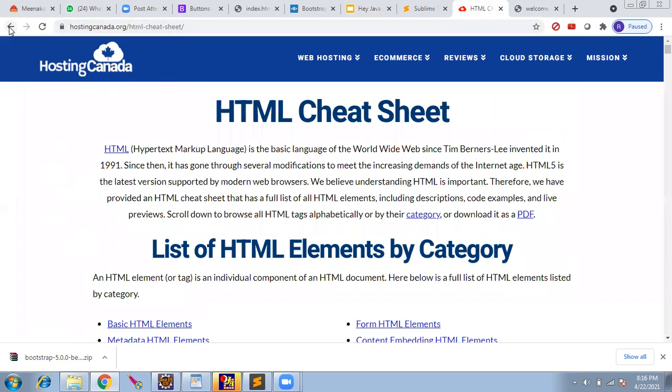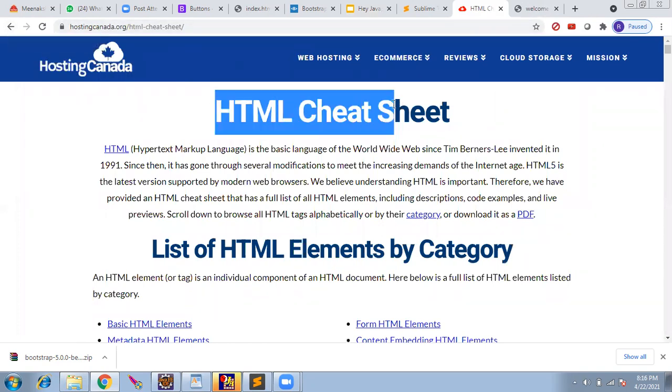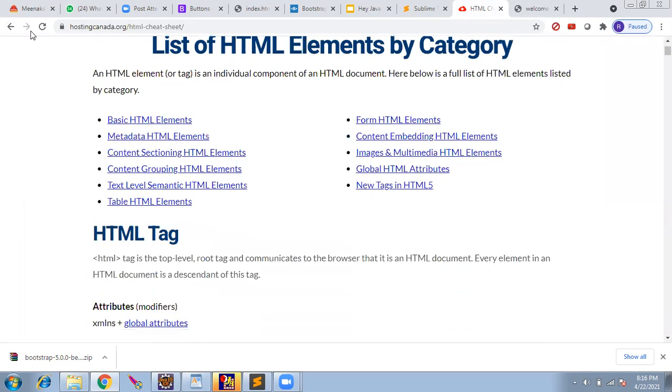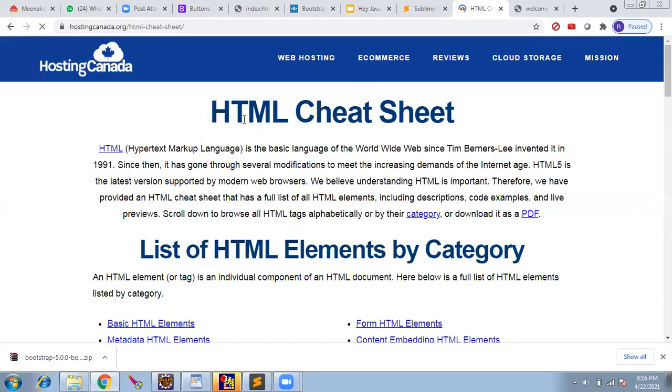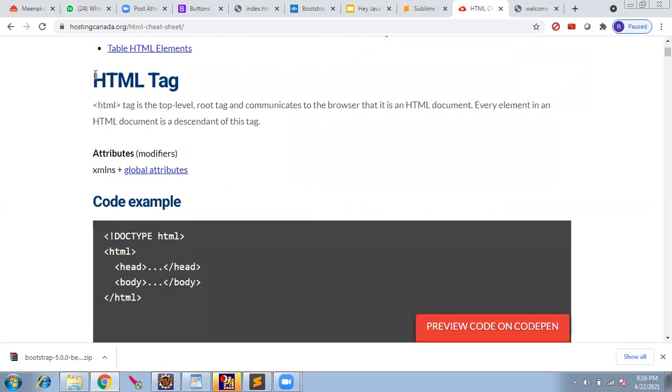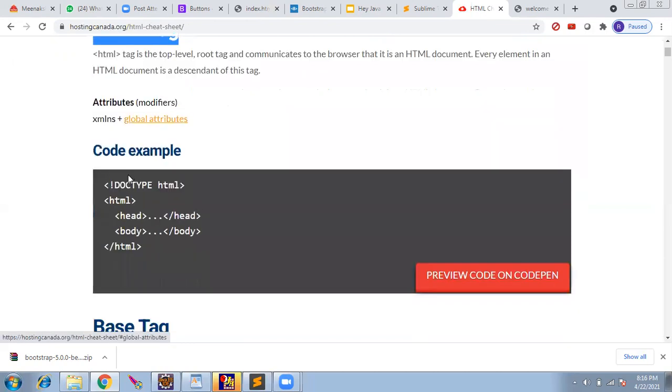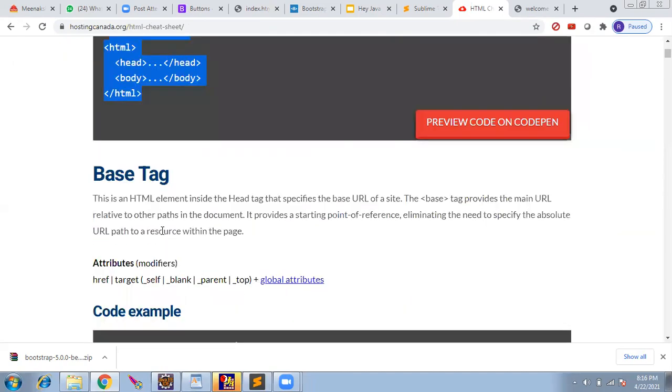So I go to the HTML documentation. HTML documentation is common, so there is no specific website. You can refer to any of the sites. Mozilla will give you the better one. Here it is, so I am using this. You can also go to W3 Schools. Anything is okay. I'm going to the reference guide, HTML tags. You can go through this one by one. There are a lot of tags. So this is the first tag we saw.